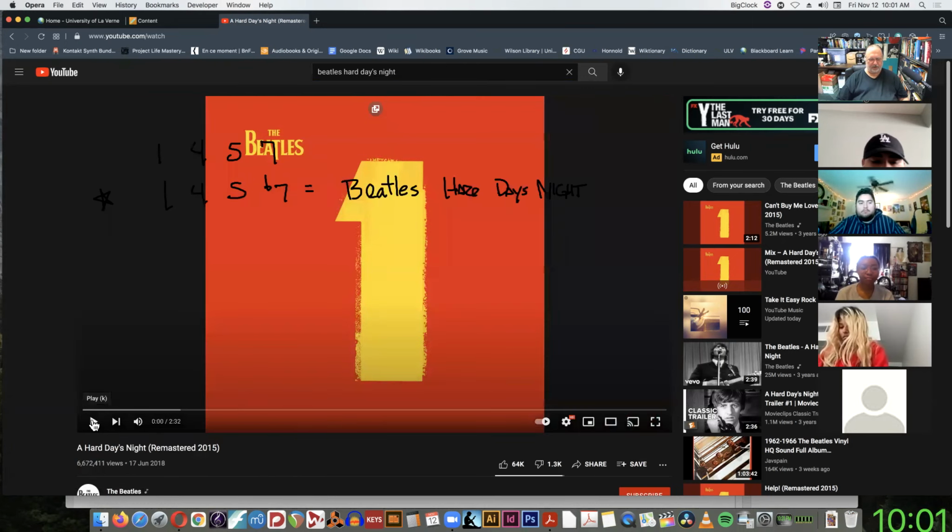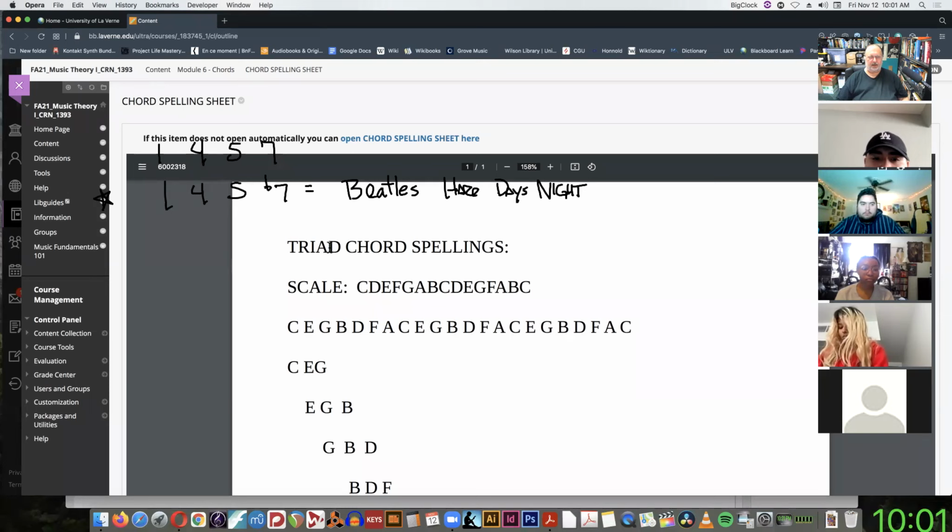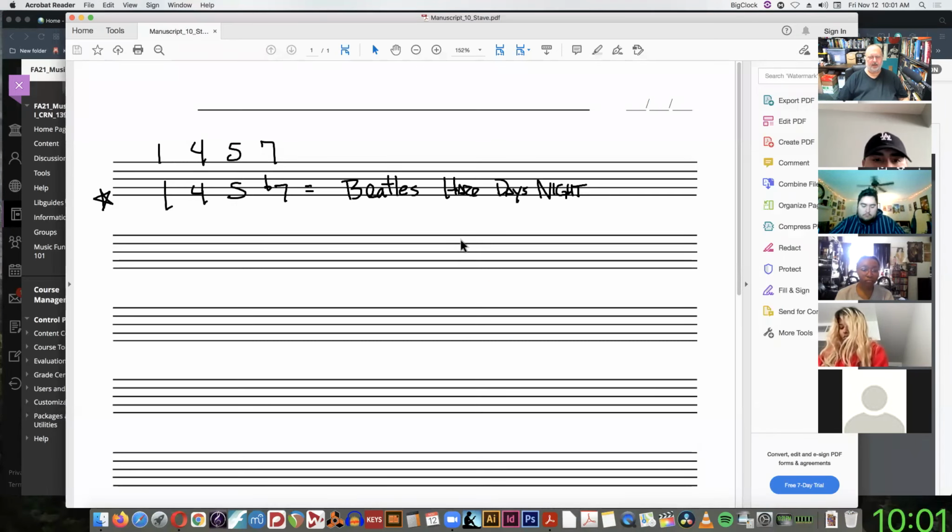Once again, that first chord. That's a 1, 4, 5 flat 7 right there. Okay, so that's a thing. Okay, so we got Beatles, Hard Day's Night, 1, 4, 5 flat 7. Okay, now